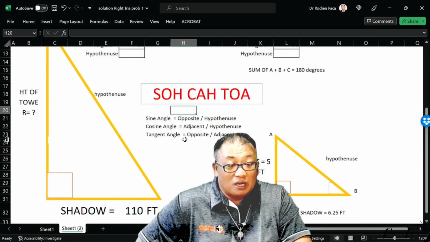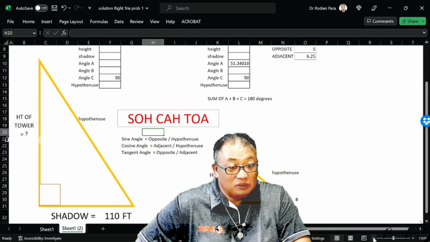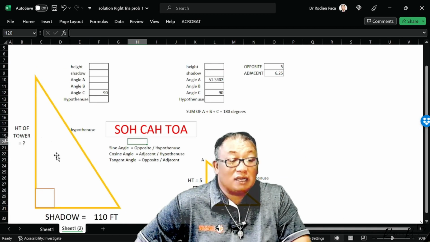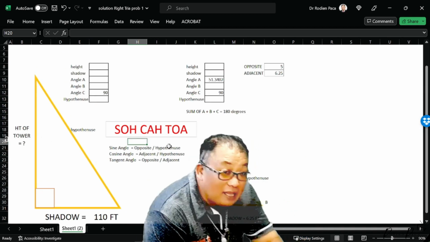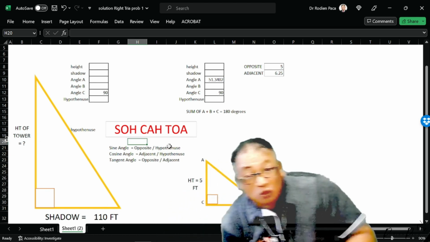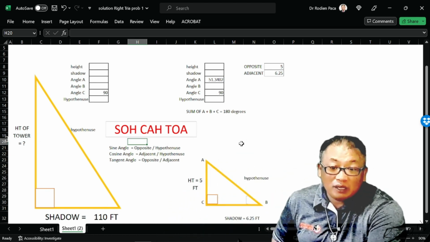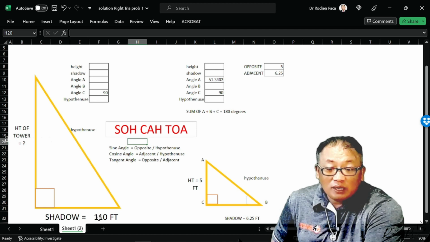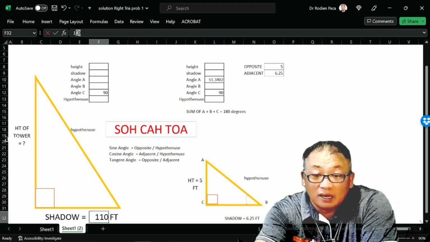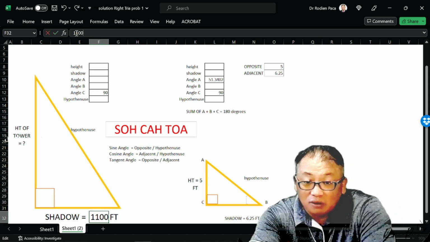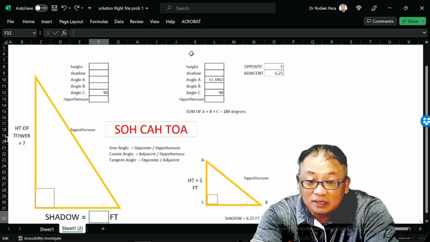This is the tower shadow, and it created two triangles. Why two triangles? One has the 100 feet shadow. The other one is